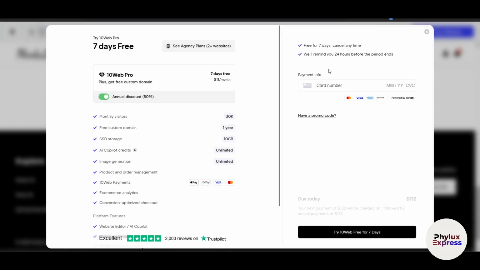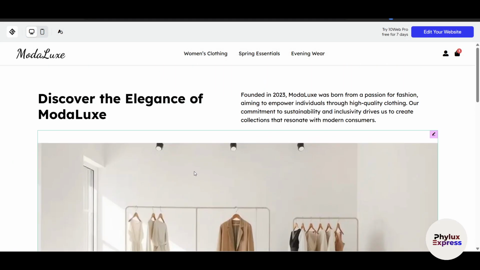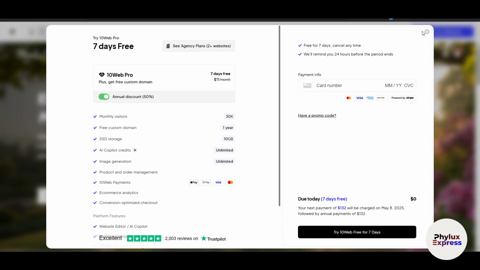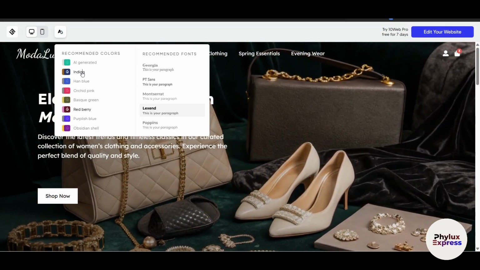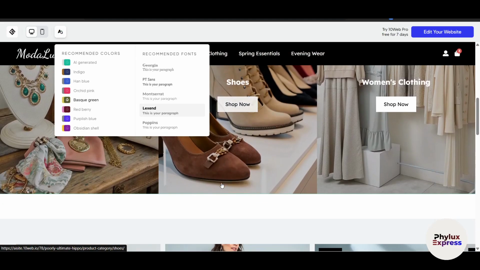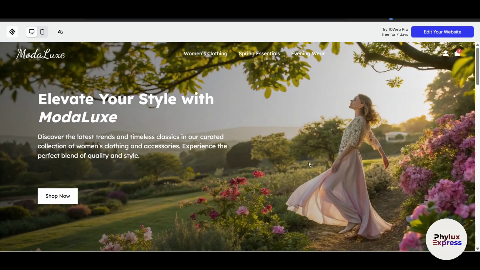Now let's move to edit your website. To edit my website, I just need to pay them, and then I can edit it completely, right? Then I can enjoy it free for 7 days, and if I really like it, I can integrate my domain. Another thing, although I can edit here, for example, let's say I want to edit my logos, I can edit this, but obviously it's asking me to change all this stuff here. Now let's say I want to change the color, will it work or not? I guess no. So I need to buy the subscription, but I think this is enough to show you guys